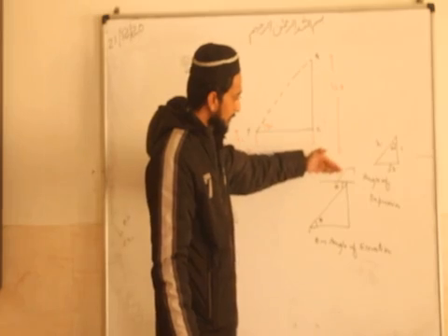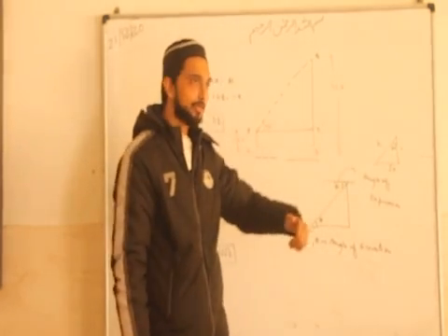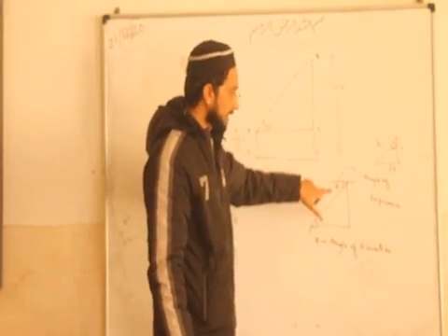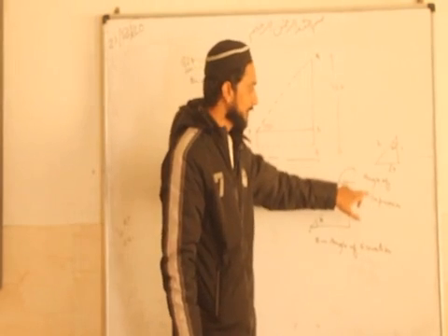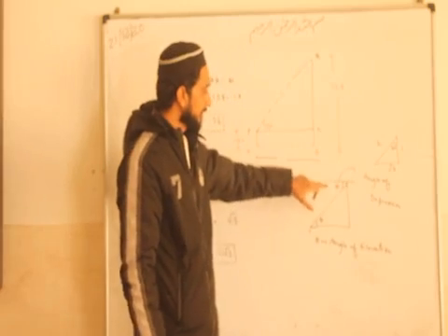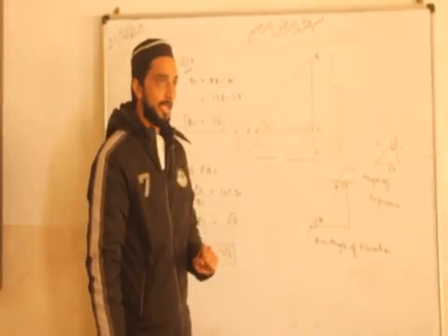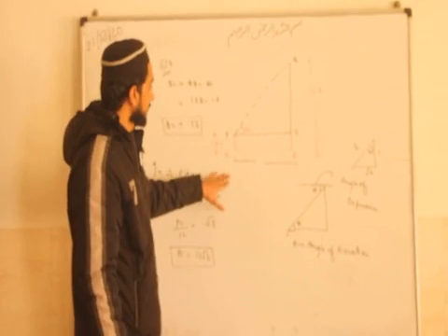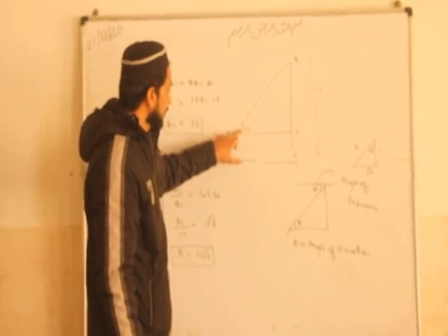And suppose the person from the top of a building is looking down to a point, so it's forming this angle with this. So this angle is known as angle of depression. And always this angle of depression is equal to the angle of elevation. So this concept we will use here. Here this is equal to 30 degree.